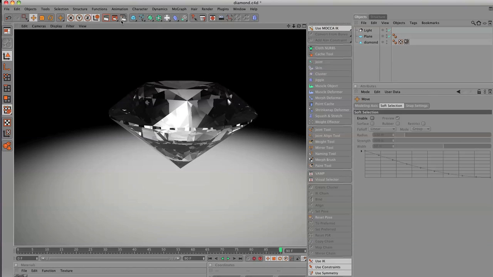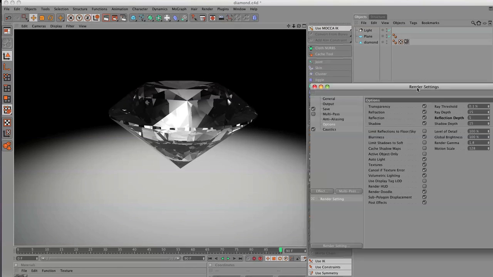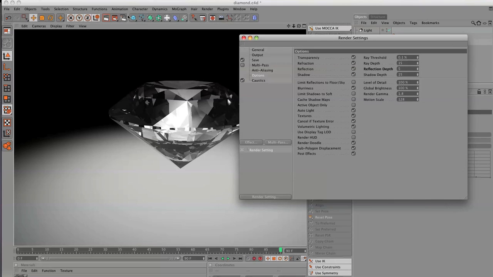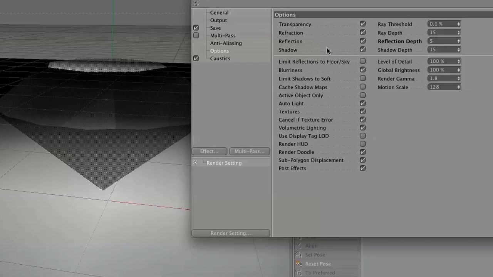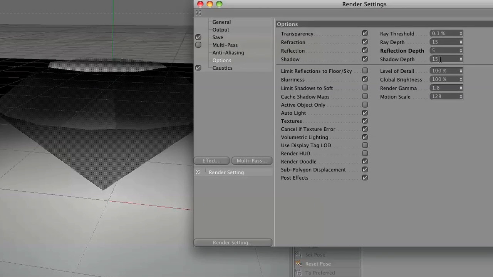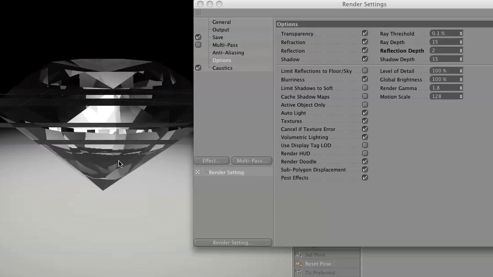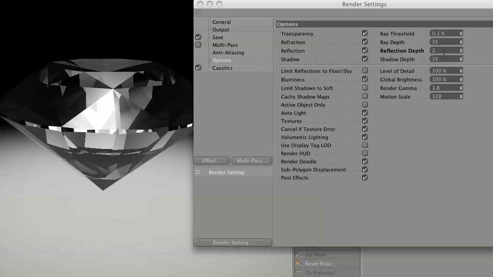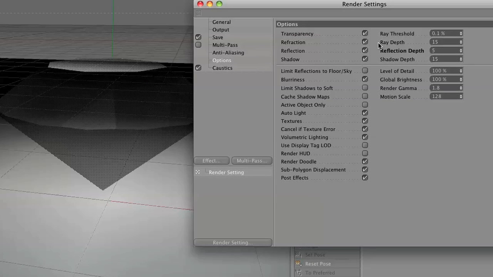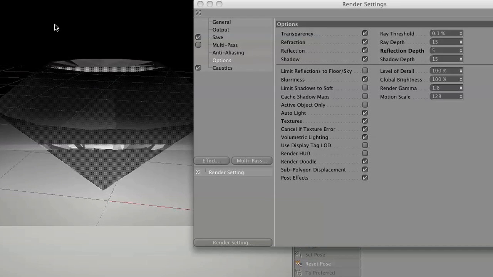The reason why is because Cinema puts kind of like a default for refractive indexes. If you click on options, or your render settings right here, and you go to options, there's a reflection depth, a ray trace depth, a shadow depth. So if I set this reflection depth to, let's say, just 2, and did a quick render, our diamond looks quite boring. But if I set it to, let's say, 5, you're going to see that you get a lot